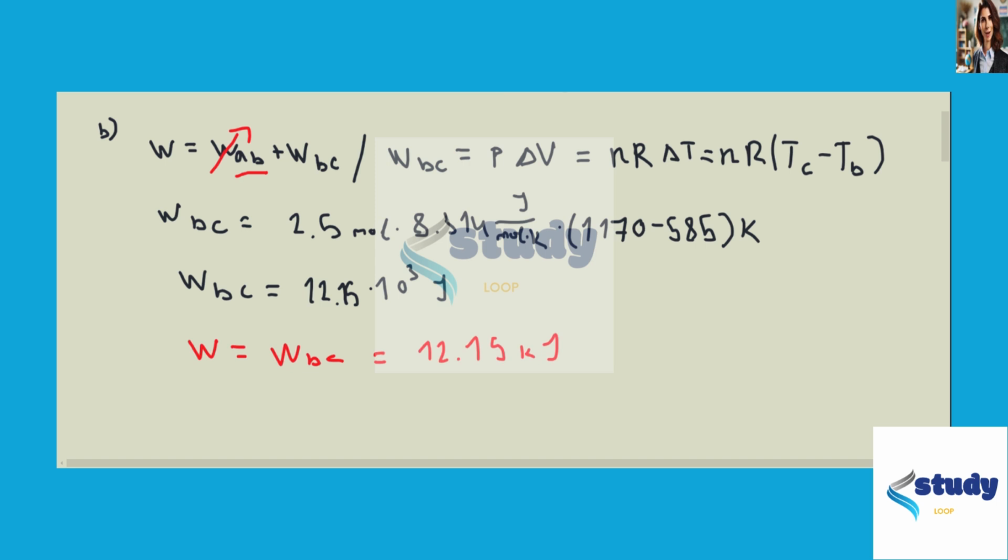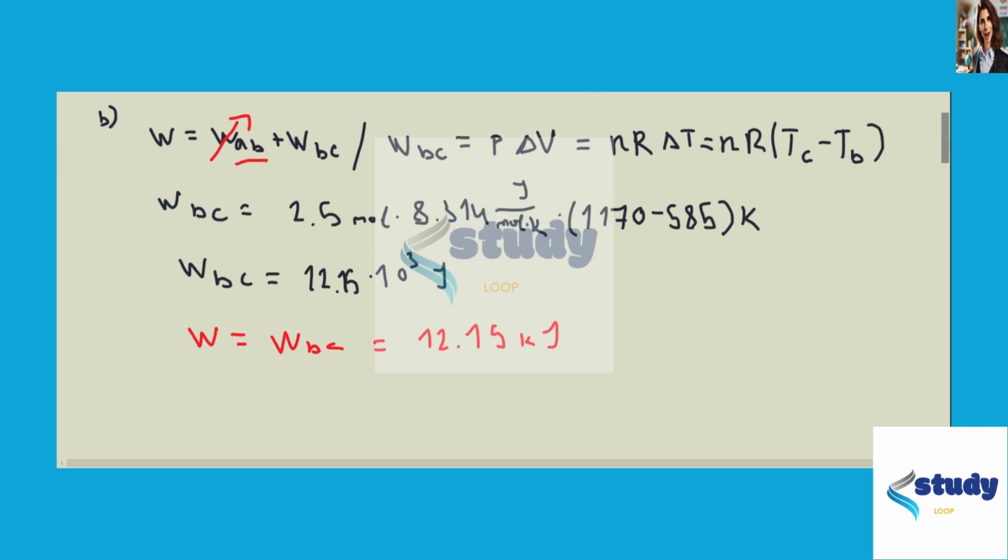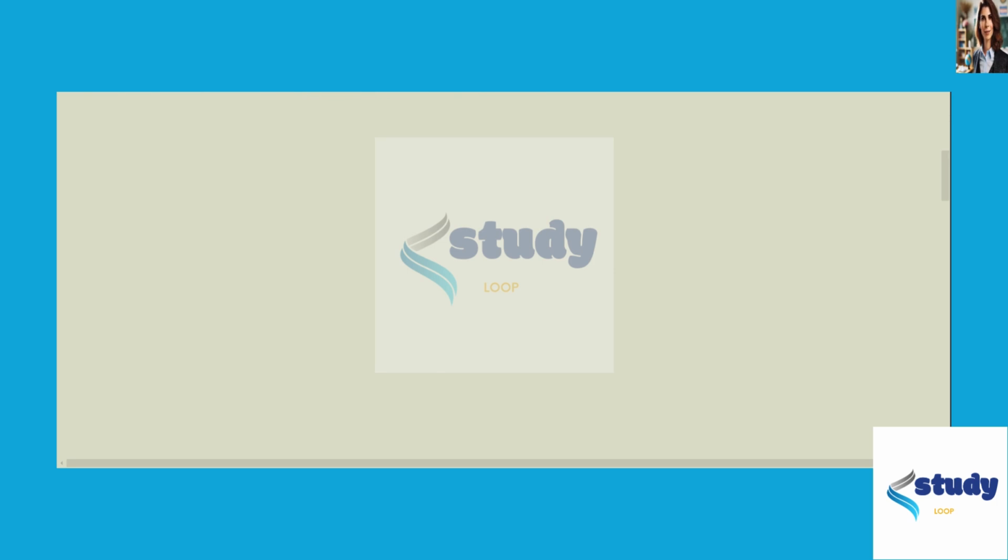And for part C, we need to find how much heat is added, and for part D, we need to find the internal energy change. So the addition of heat in this case is for the part of the process where the gas expands, so it is from B to C, since we know how much heat is added in the first part of the process from A to B. So for part C,